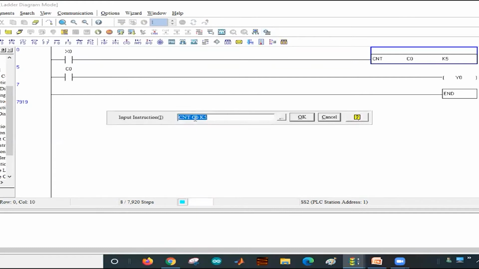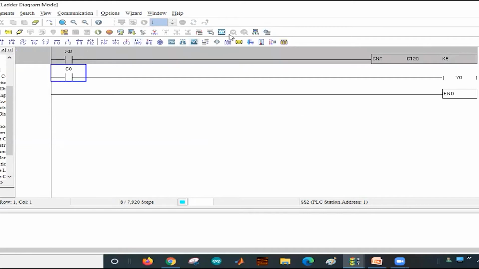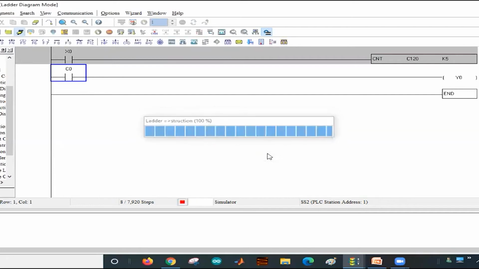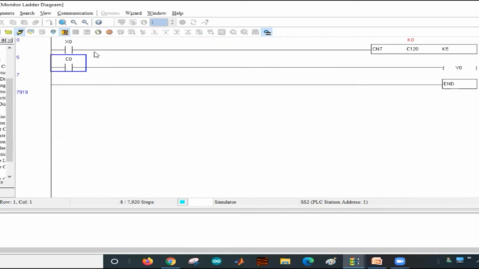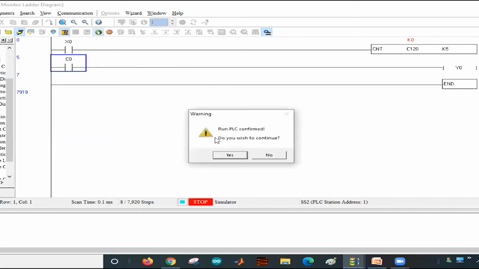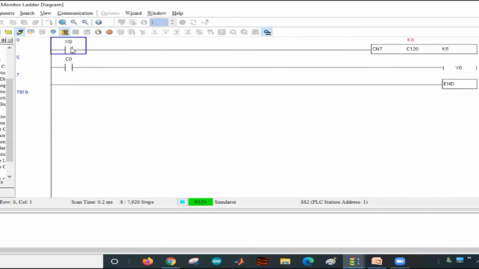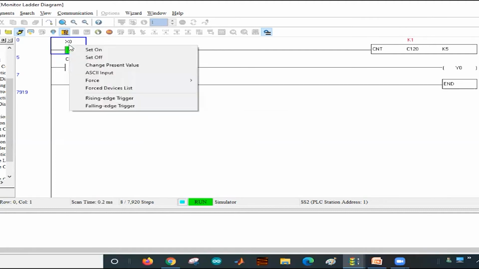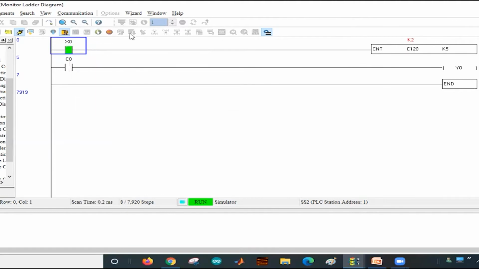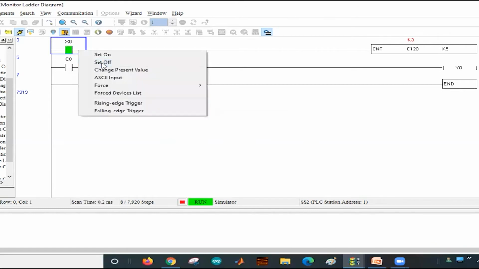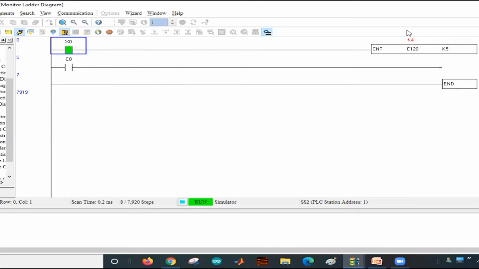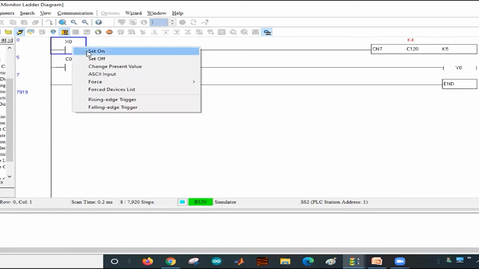See here. C120 is the latched counter. Okay. Now when you use the latched counter, how will it work? See. Make it run. Now the product is detected by the photoelectric sensor and the counter value increments by 1. Then the second product, second time, off, and if the third product comes, it will be detected and the counter increments by 1. Fourth product, increment to 4. Fifth product has come.